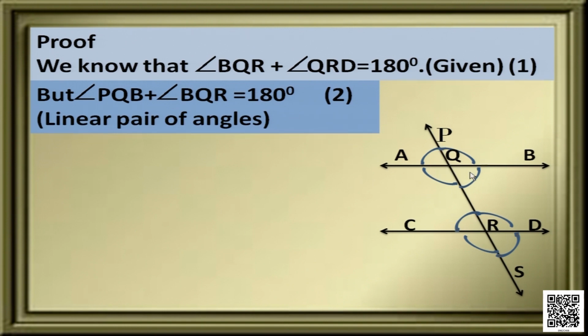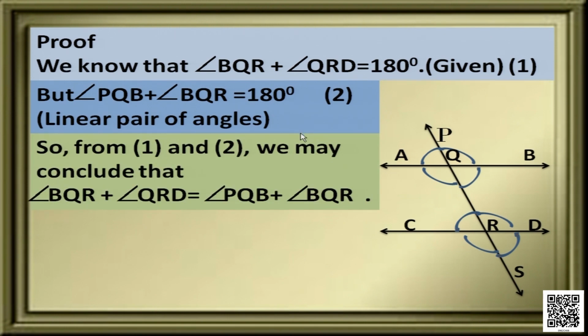Because their linear pair was discussed earlier. So from equation 1 and equation 2, we can see that the right sides of both the equations are equal. So we can say that the left sides are also equal. So we may conclude that BQR plus QRD is equal to PQB